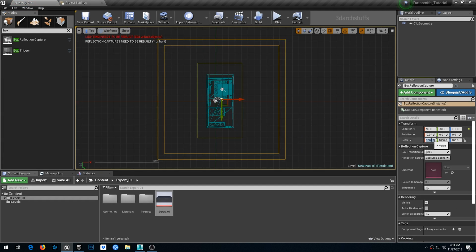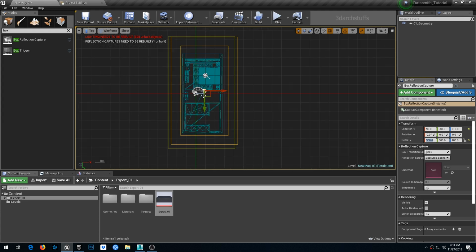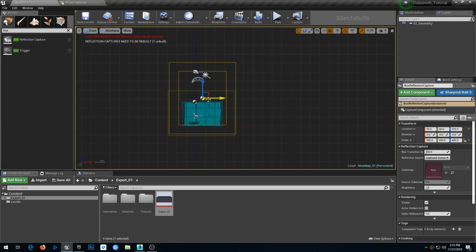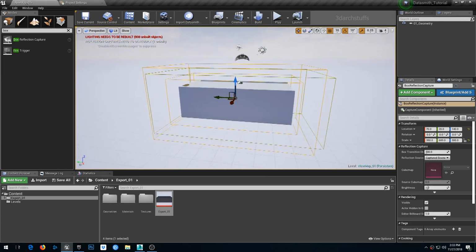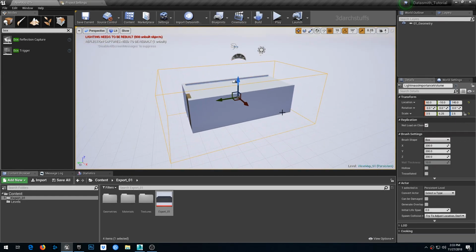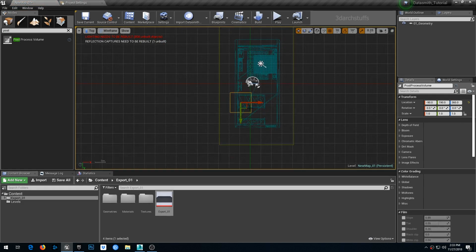adjust this box reflection capture also. So I'll make it 600 and then 400, maybe 600, and then 300, 350, and in top view I will go ahead, and in front view, I'll make it 300. So as you can see, I have given a box reflection capture and then the Lightmass importance volume and then a post process volume. So I will type post process volume, and then I will go in top view, and then